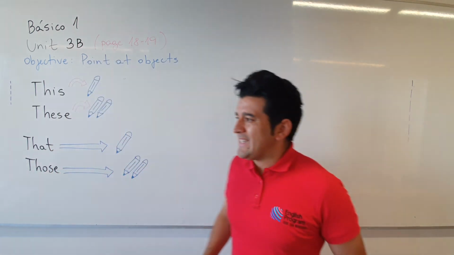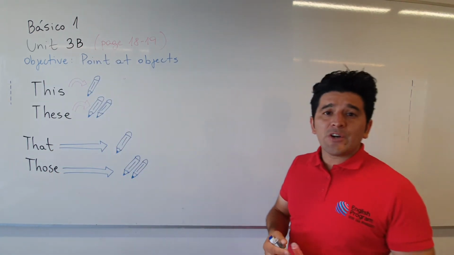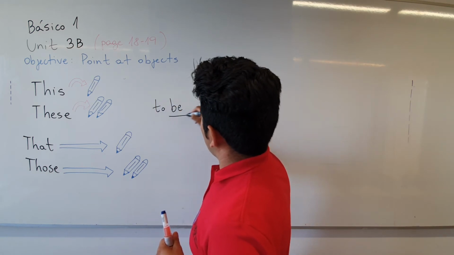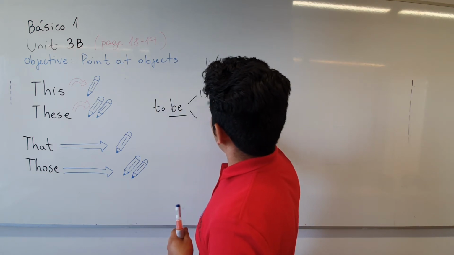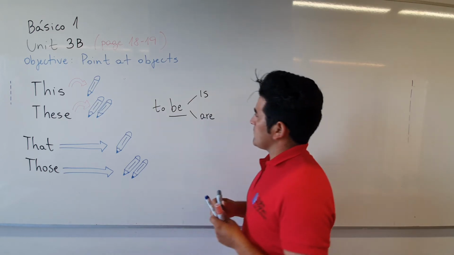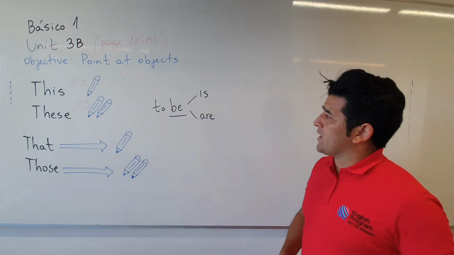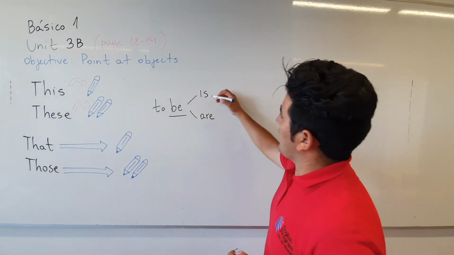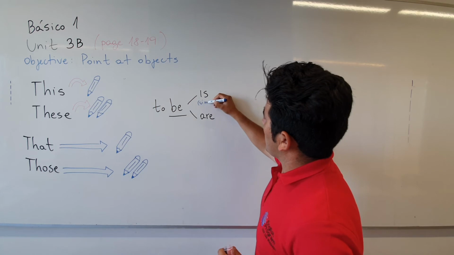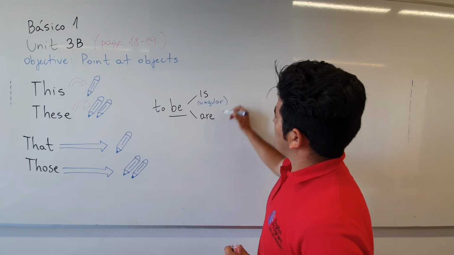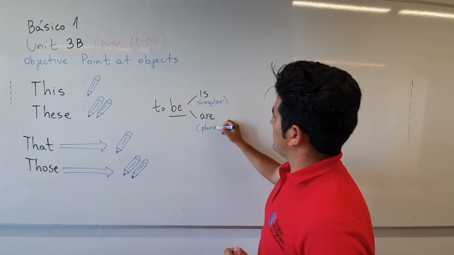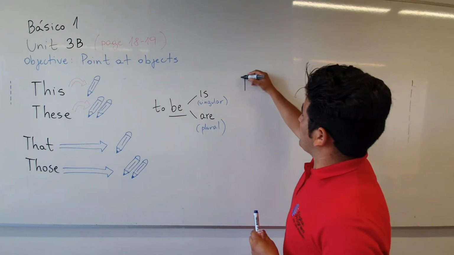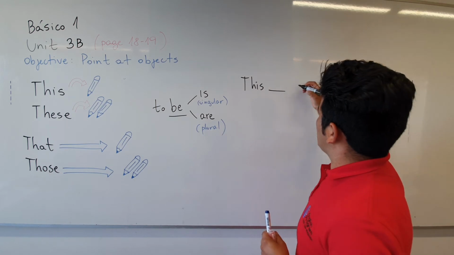Let's continue. Now we are going to include the verb to be. Remember the verb to be? We are going to include two forms of the verb to be. Okay, we have is and we have are. So one is singular and the other one is plural. Singular and this is plural. Okay, so in a sentence, if I say, for example, this,